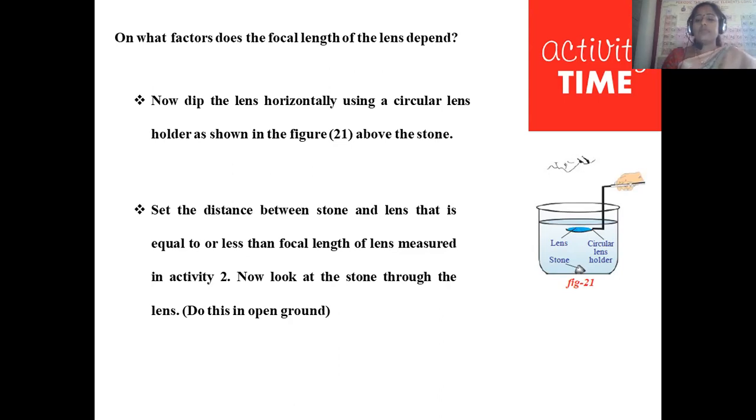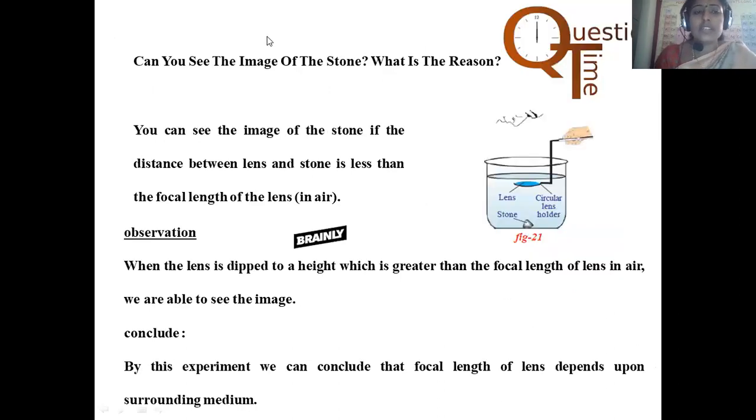Magnifying lens is kept here, and the condition is it should be kept less than its focal point. Always it is very clear, we have already proven that many times. So if any lens is kept less than its focal point, what happens? Magnified virtual image formation is possible. That is the fundamental for the microscope invention, right?